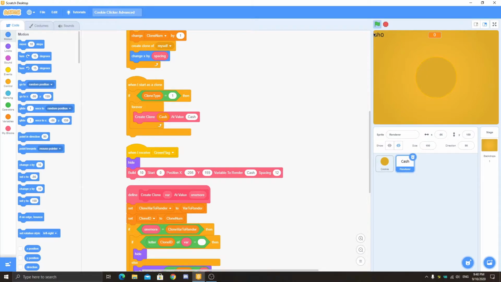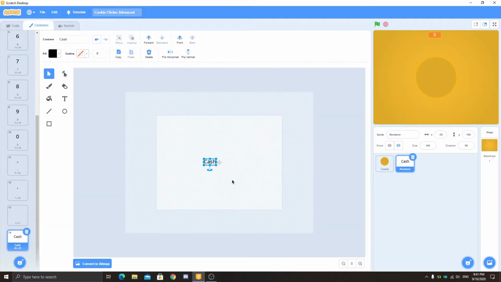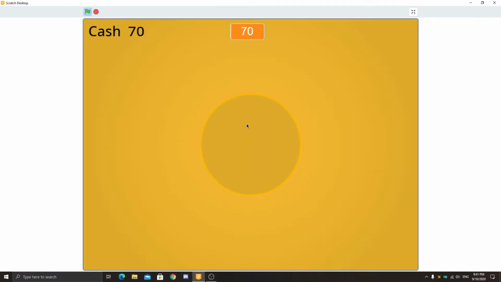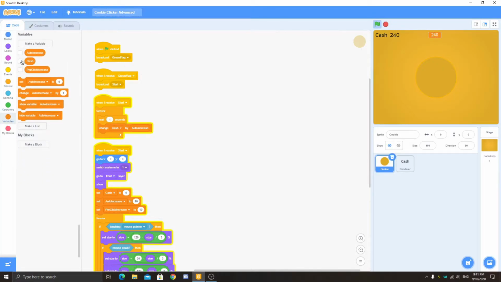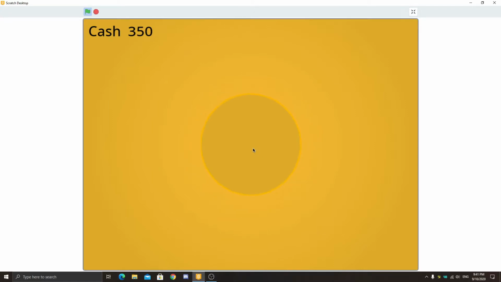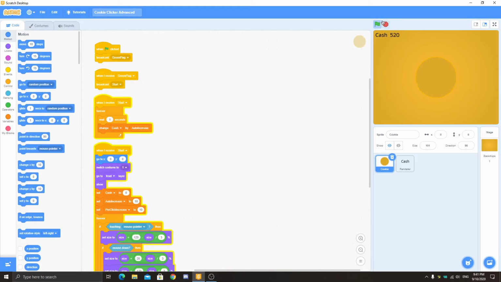So now you can see this is cache, but this is very far inside. You can just change the X and adjust it as you want. So now this looks perfect. Here you can see this is working great. And now we can just make this hidden. So here we have a basic screen setup, and now we can add a clicking effect for cache.